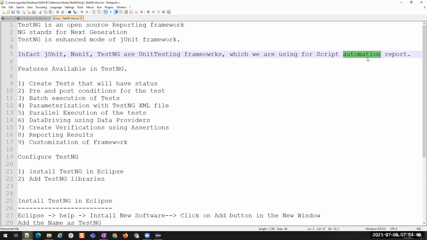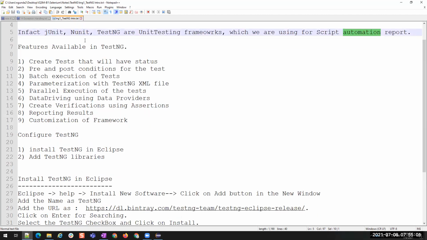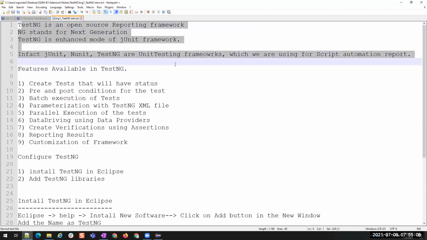We don't want to stop abruptly when an exception occurs. That is why we learned exception handling, and now we also have a reporting framework which will help us assign a pass or fail status to the methods. So that is why TestNG is in the picture now.